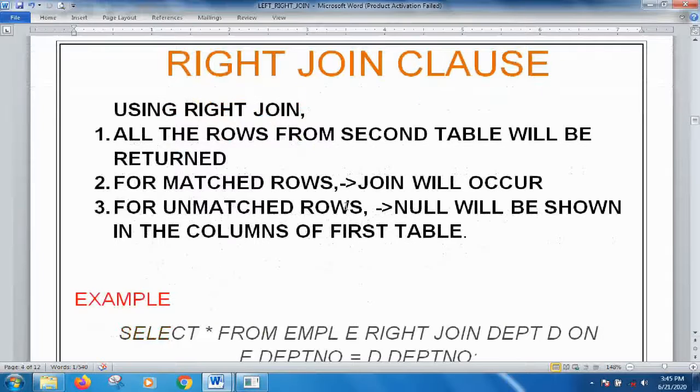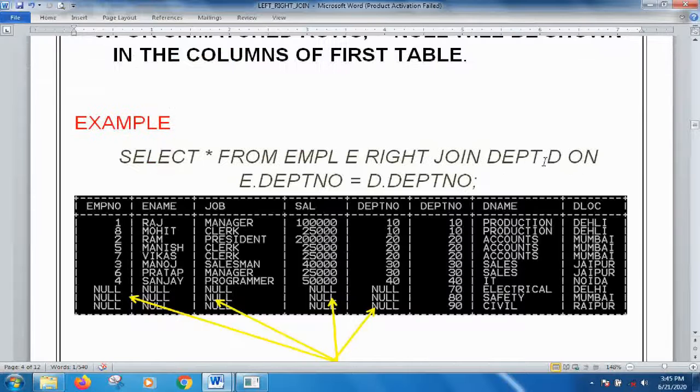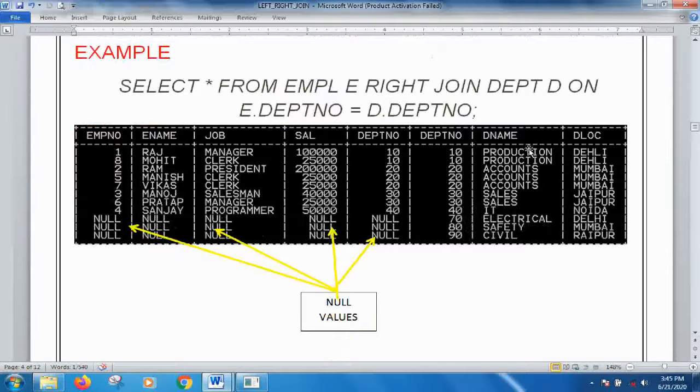Again I am taking the same example of the table employee and the right join. In this the second table is department D. It will be coming on the right hand side of your query output, and those records which are matching from the employee table will be shown on the left hand side, and those which are not matching you will see that they have the null values here.